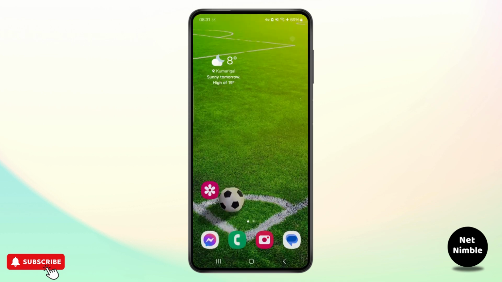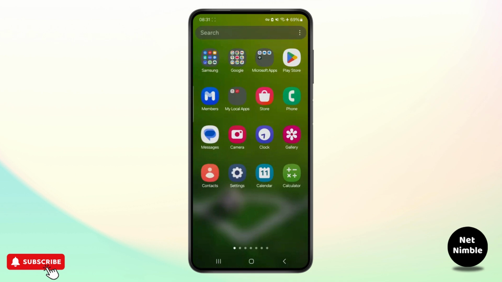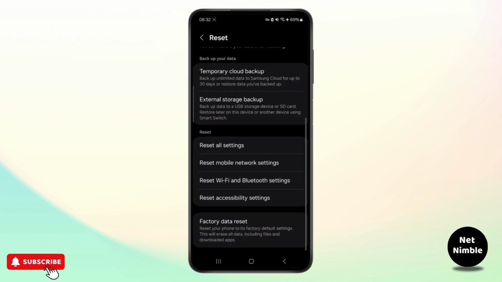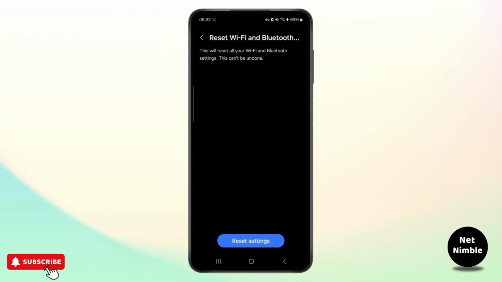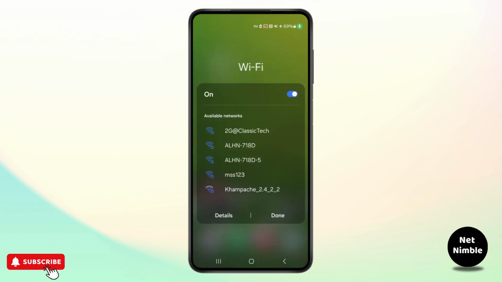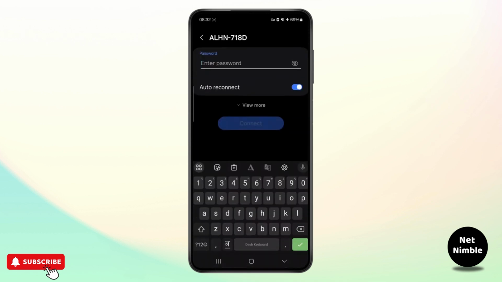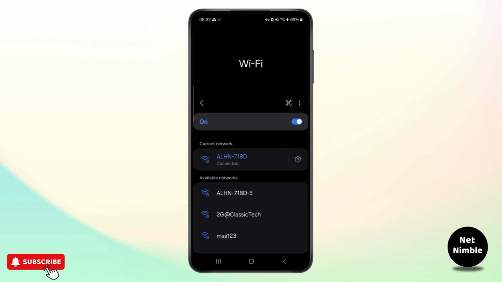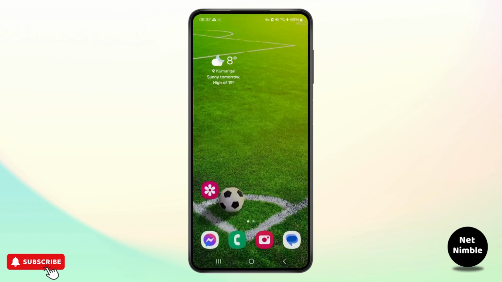And if it still doesn't work for you, then you just have to head over to your settings, and under the settings option, just search for reset Wi-Fi and Bluetooth settings, as you can see. Once you click on reset Wi-Fi, you just have to click on reset, which will reset everything from your device. So once you do that, you simply have to come over to your Wi-Fi section and again enter your password. And now, as you can see, you should be able to get connected to your Wi-Fi